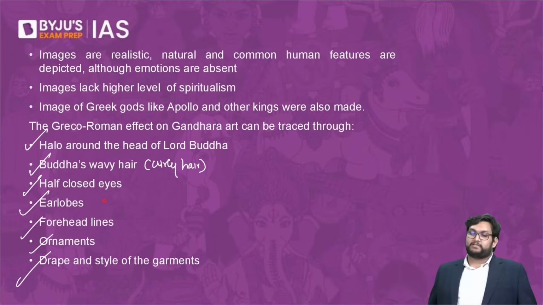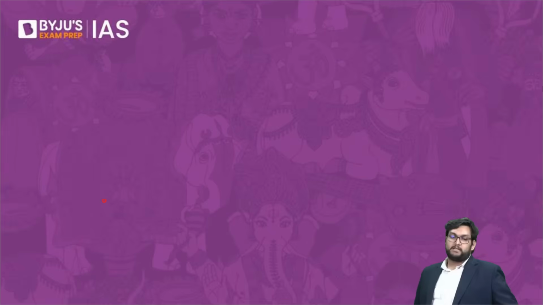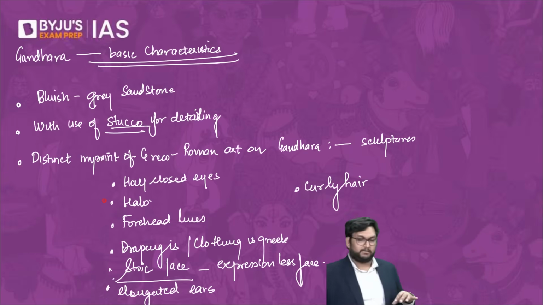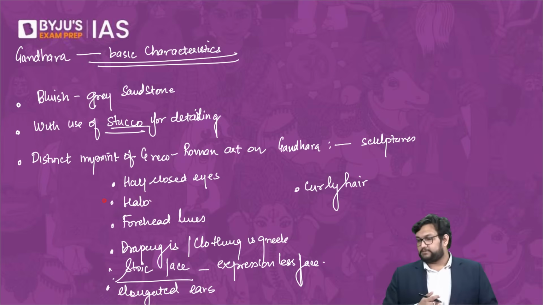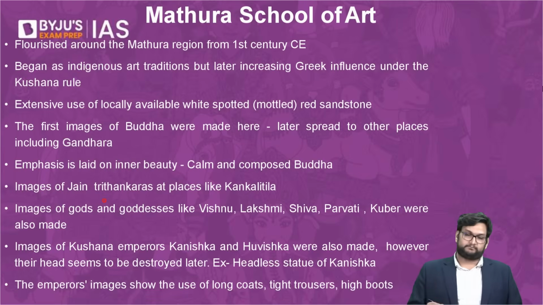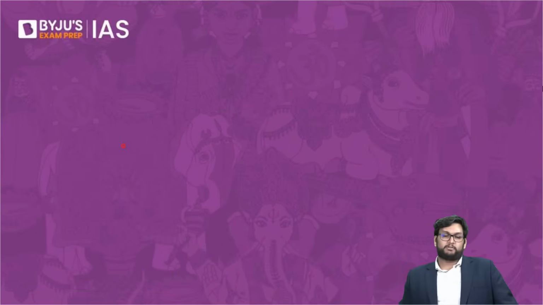Gandhara, any question, and a mains question came in where you basically have to put in the following points. Is Gandhara clear? If you remember Gandhara, Mathura will automatically be clear. Thereafter, when we go to Mathura, again, the same set of things. This is a very Greco-Roman type of jewelry, plus the wavy hair, standard things. In every image, you will find the same basic ideas. Now, when we go to Mathura,